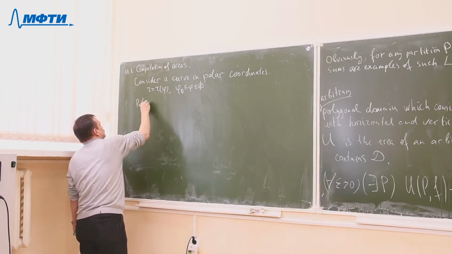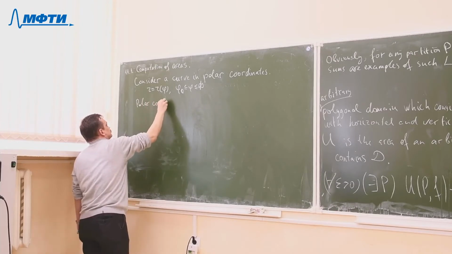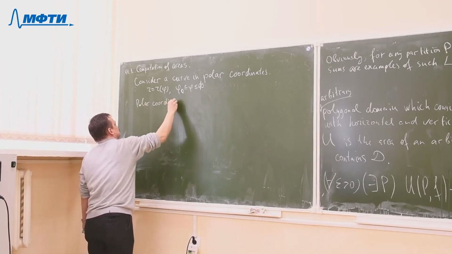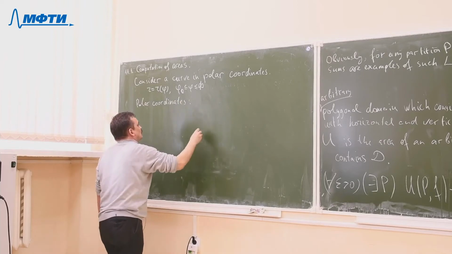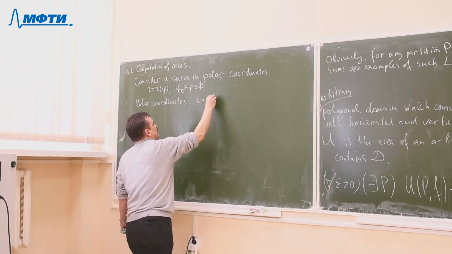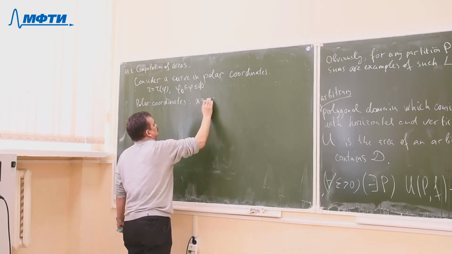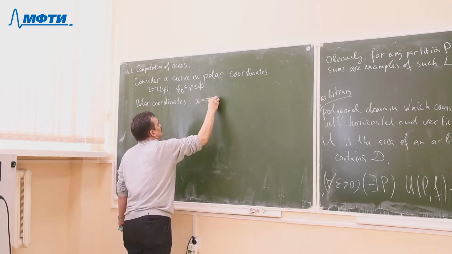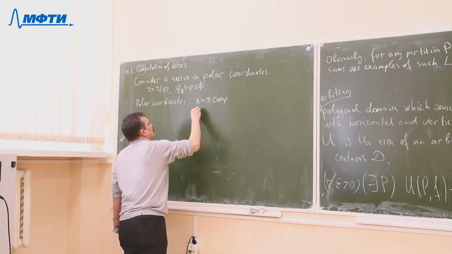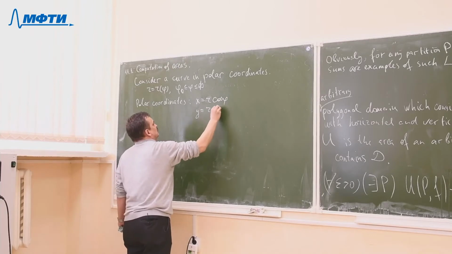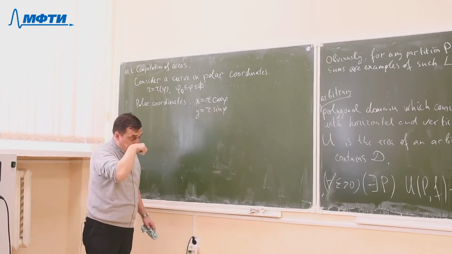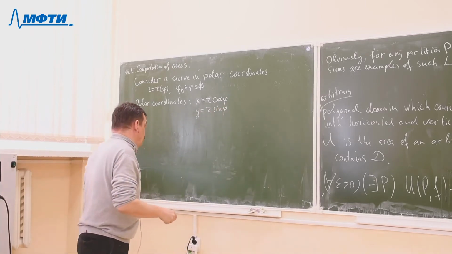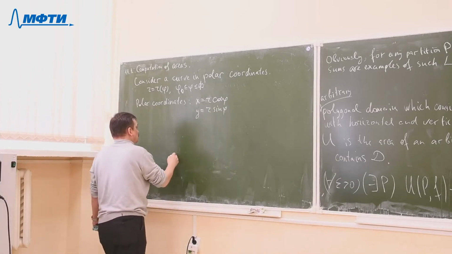Polar coordinates: x equals r cosine phi, y equals r sine phi. So it means,